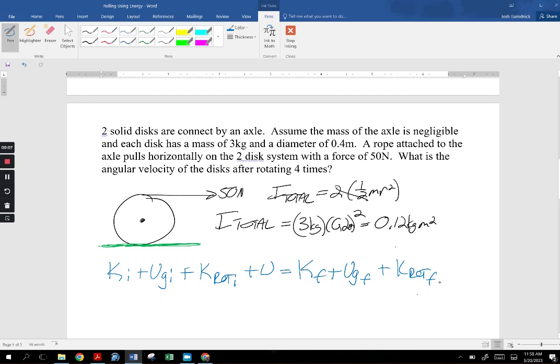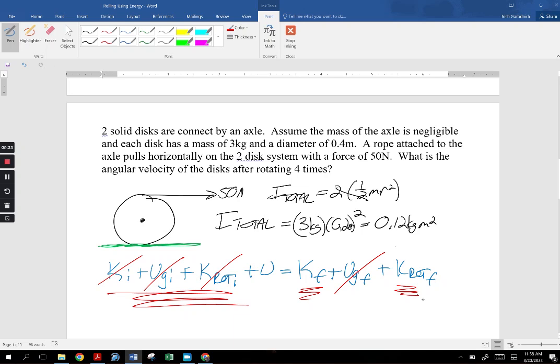Is it moving in the beginning? I'm going to go with no. Never mentions initial velocity. Is it above height 0? No, it's on height 0. Is it rotating in the beginning? No. Is it moving in the end? Yes. The center of mass will be translating. It's still at a height of 0, and it will be rotating. So if we start off with 0 energy and we end with some energy, that means work had to be